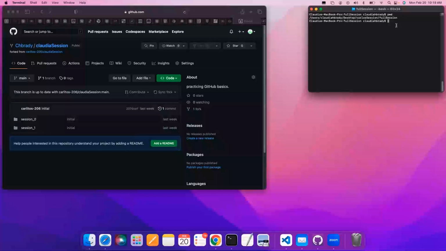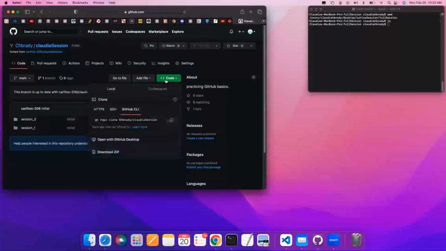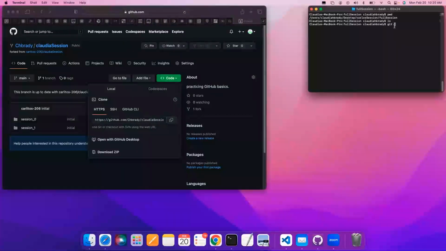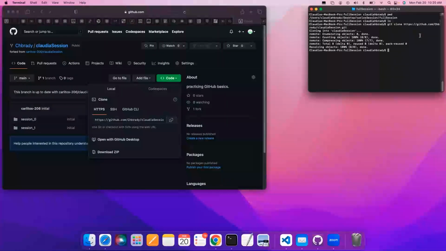Okay, so now we are inside this folder, and as we see, there's nothing inside of it. So we're going to clone this. I use the HTTPS version of it, and I'm just going to copy it. The command is git clone, and then you paste your link. Yep, that easy. And then right now we have